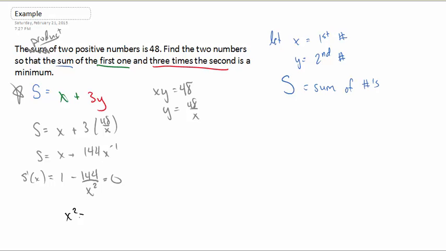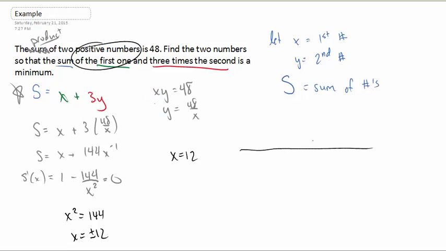We end up with x squared equals 144. So x is plus or minus 12, but we're told the two numbers are positive, so x is going to be 12. Now, how do we determine and make sure that this is indeed a minimum? Well, I'm going to